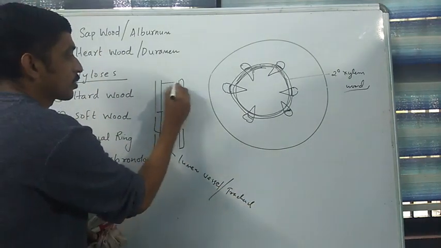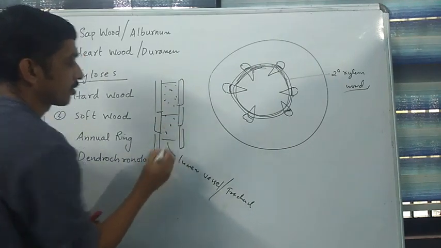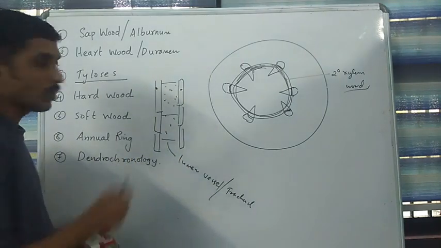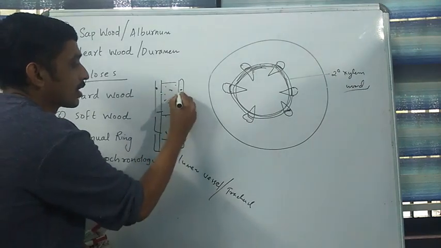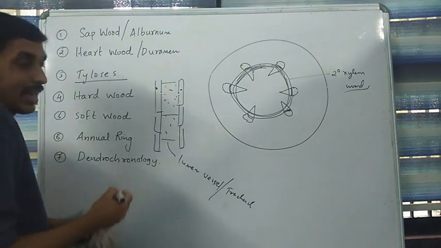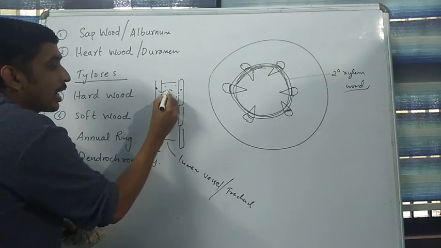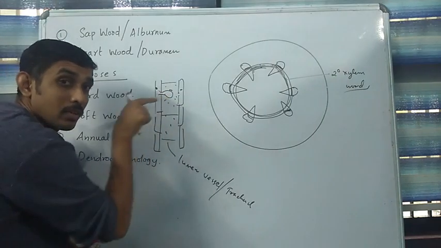This is the empty space of vessels or tracheids. This is the parenchyma cells. So we can see a pit in between this parenchyma and the vessels. So tyloses are produced by the protrusion of the entire protoplasmic content of these parenchyma cells into the lumens of